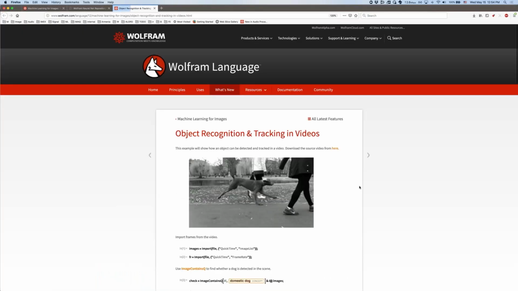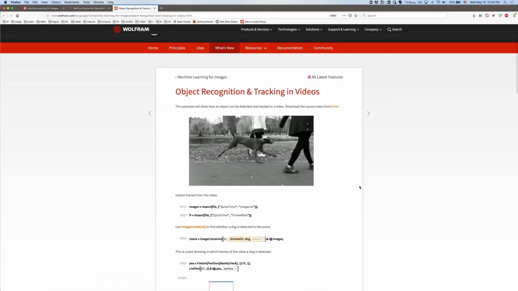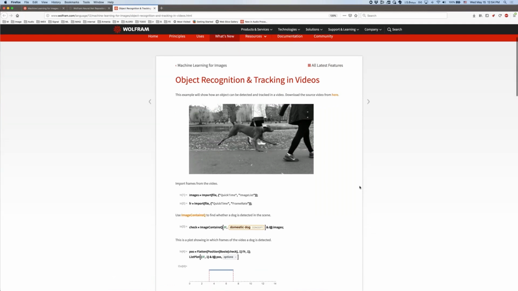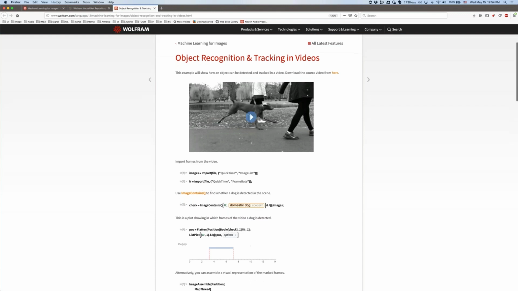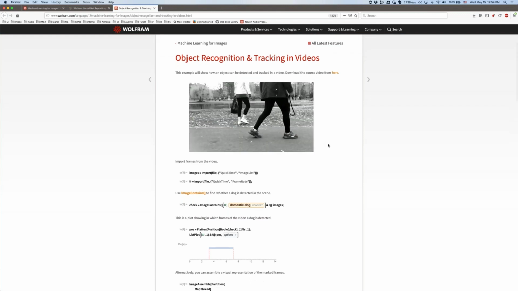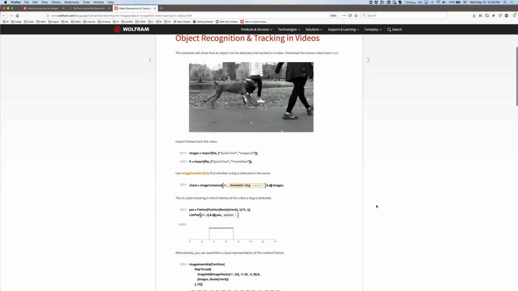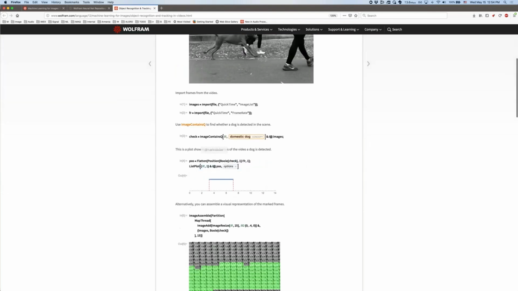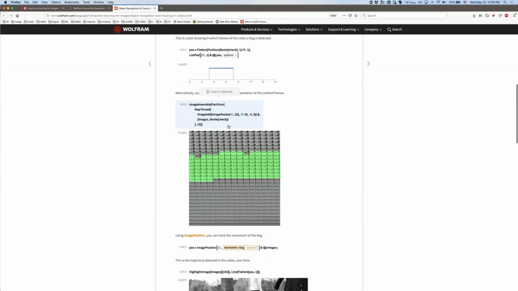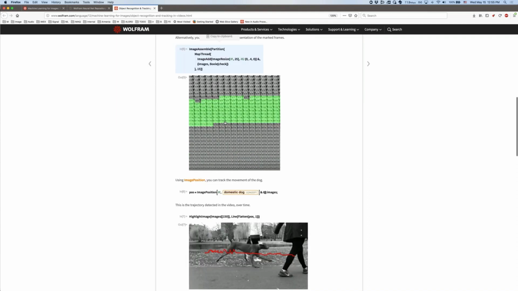One of the examples that we have created for new in 12 pages is using that same capability to perform object recognition and tracking in a video. This is basically a video of two people walking and a dog passing by. Frame by frame, we can check, do we find a dog in that frame?